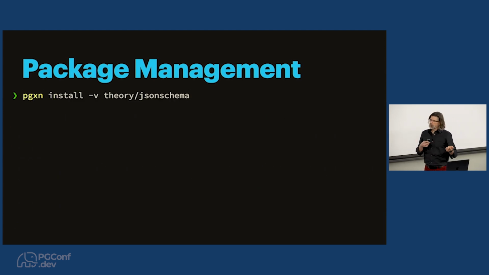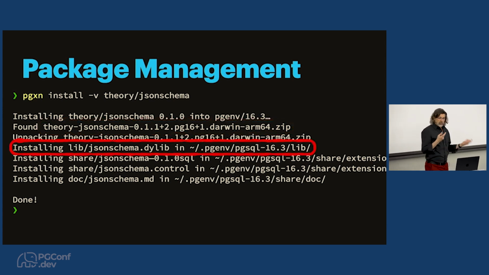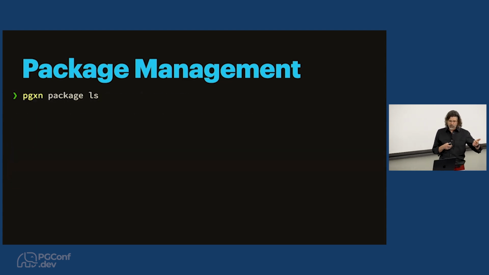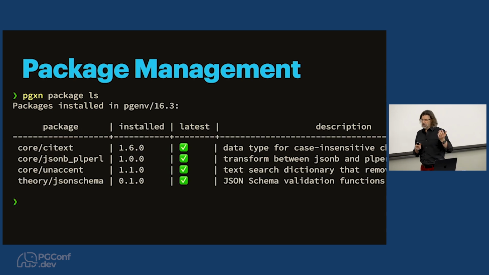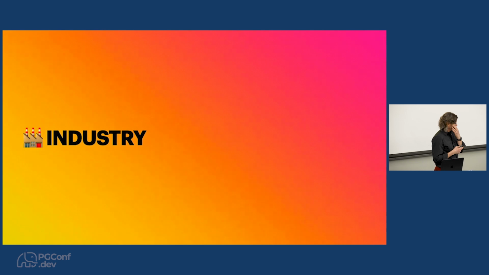So this again is just like we were showing for the DBA example earlier. We're just installing the extension. It is finding the community binary package for this OS, which is Darwin ARM 64 and Postgres 16, because we were managing this on PG 16.3, which you can kind of see there on the top right. And as before, it just knows where to install the dynamic library. It knows where to install the control files and SQL files to get you going. And then you can list all the extensions that you currently have in your system. So that's users, a big one in the community. I had a long list there.